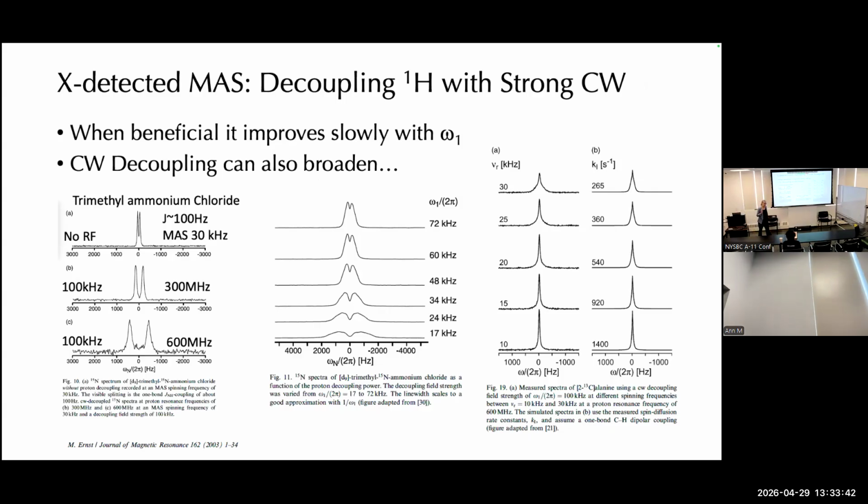But I said, this picture doesn't explain everything. Let me give you some really nice examples out of the same review article from T3. So when it's beneficial, it improves slowly with omega, and then we tap out because we're pushing the probe too hard. But sometimes, even when we're near the top, we see trends that don't make any sense. Let's start with this one. This is alanine with a C13 enrichment